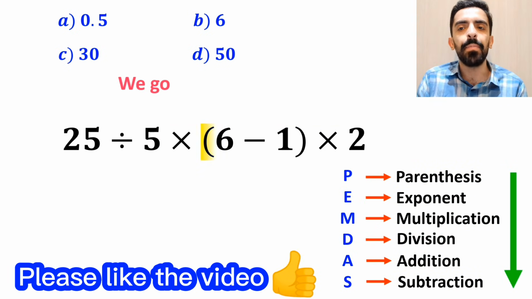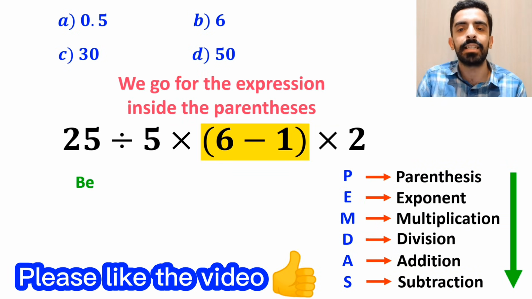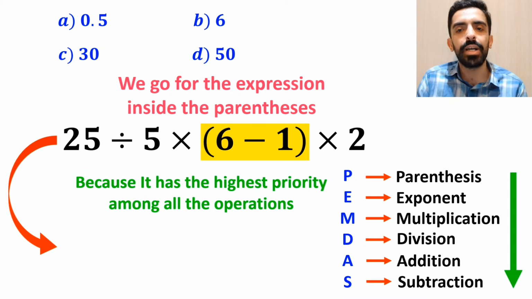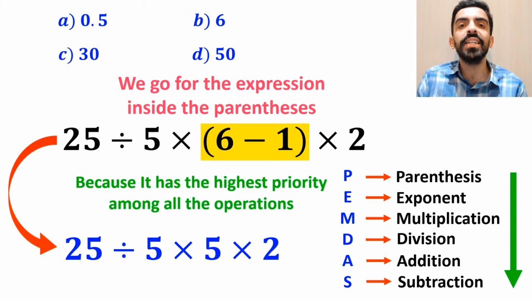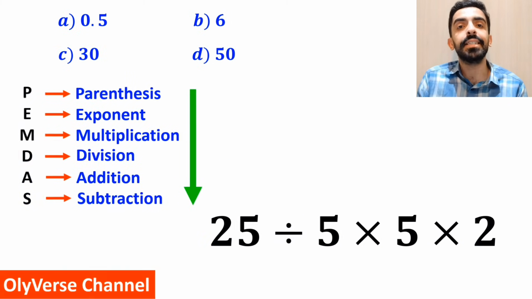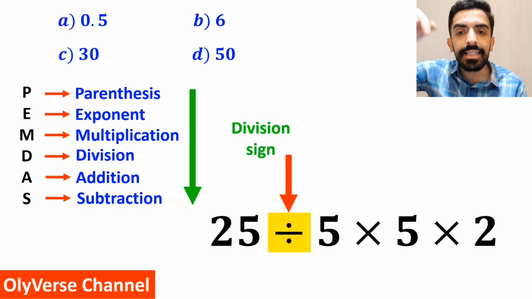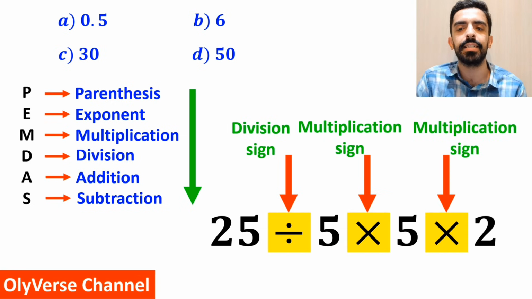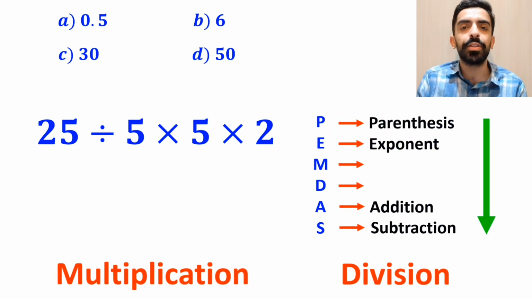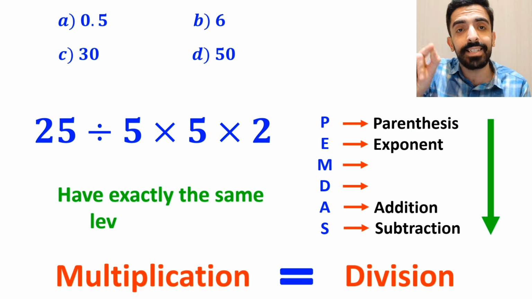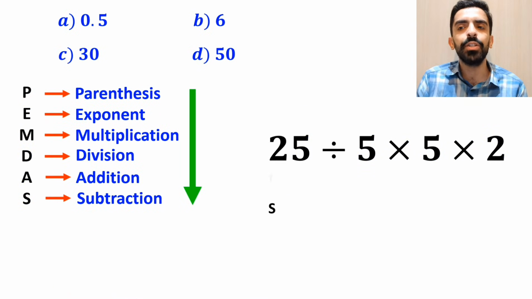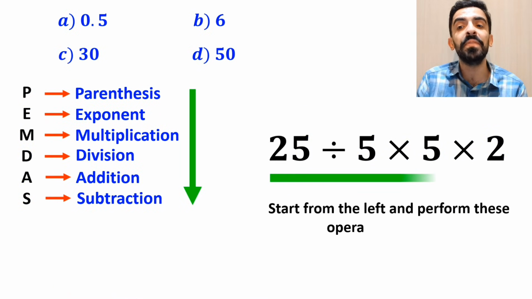Okay, and the first step, we go for the expression inside the parentheses because it has the highest priority among all the operations. So, instead of this expression, we can write 25 divided by 5 times 5 multiplied by 2. Alright, as you can see on the screen, in this expression, we have one division sign followed by two multiplication signs. We must pay close attention that multiplication and division have exactly the same level of priority in the PEMDAS rule. In this situation, the best thing to do is to start from the left and perform these two operations